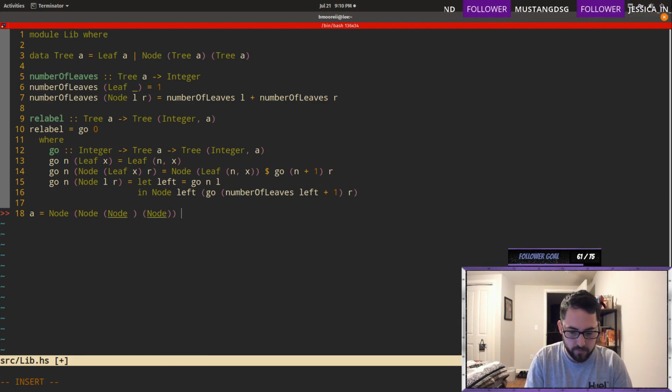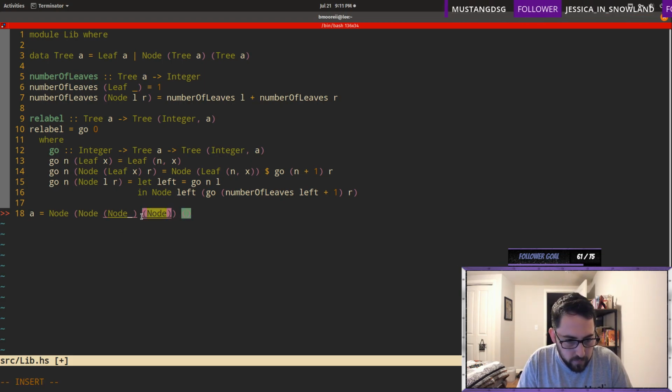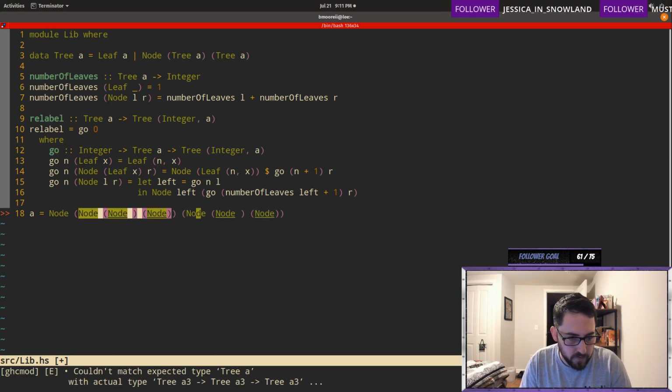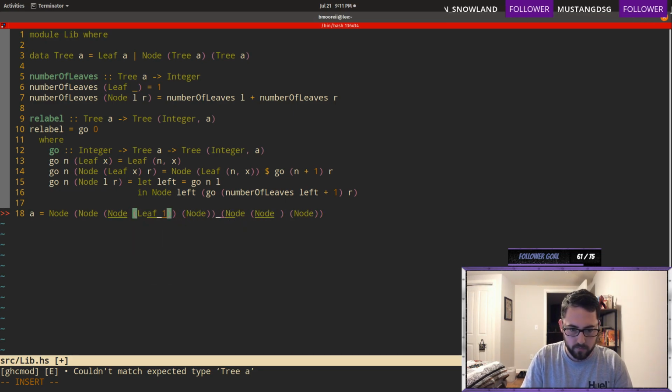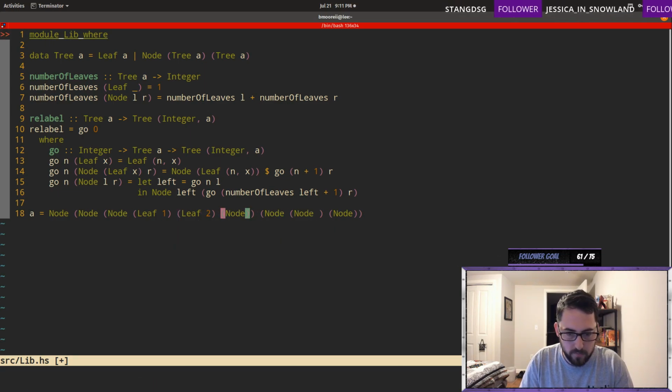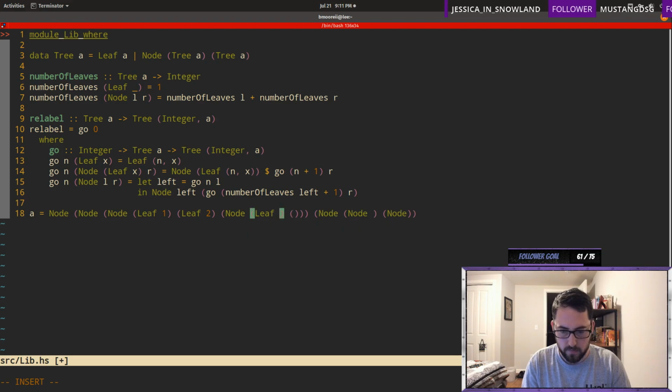That's our left subtree, and then we're going to have a right subtree with the same depth. And then in here, we're going to have leaf 1, leaf 2, leaf 3.